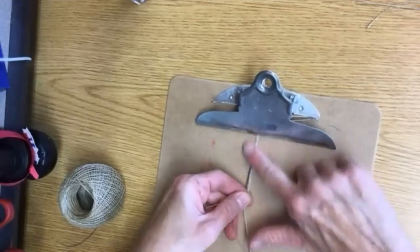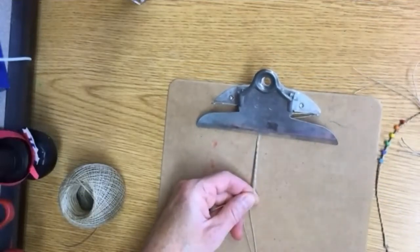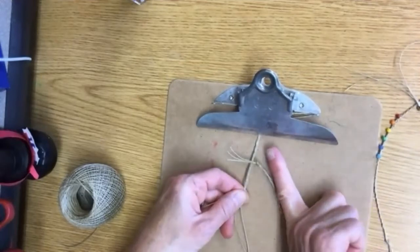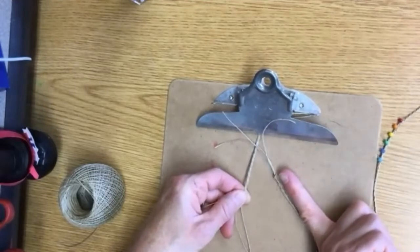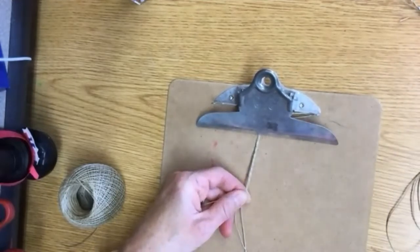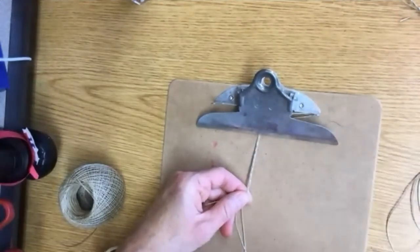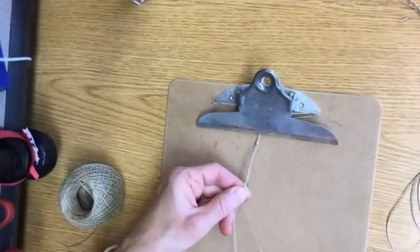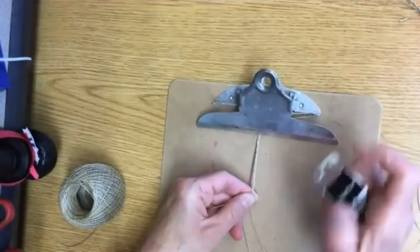Okay, so you're going to want to braid, I did about a finger length, I think. Let's take a look. Okay, that one's a little bit shorter than a finger length. This one's a little bit long, about a finger length. We're just going to have to play with it to see how long you want your bracelet to be. It depends also, are you making a bracelet for yourself and then one for an adult? Are you making 3 or 4 for yourself? Whatever. Okay, so once you get the braid long enough,